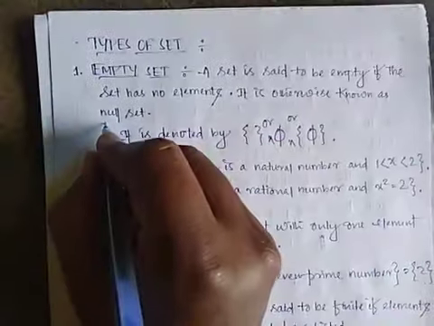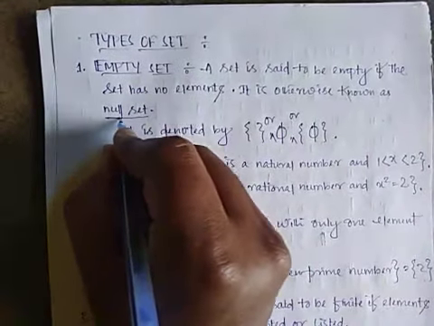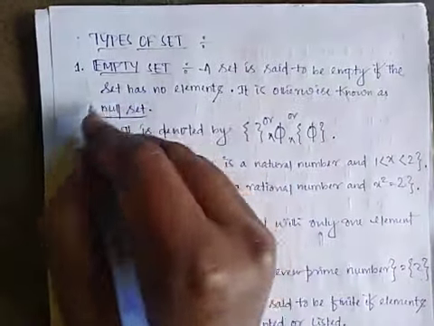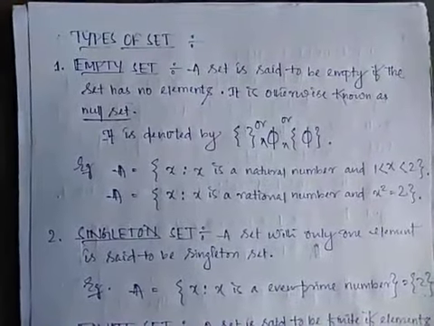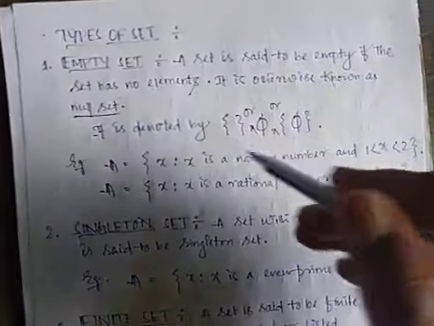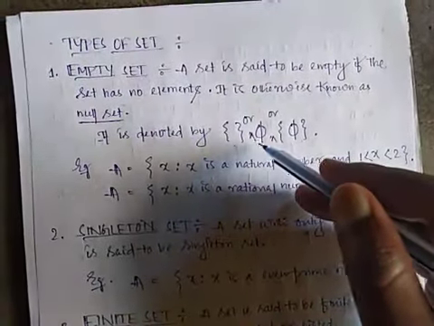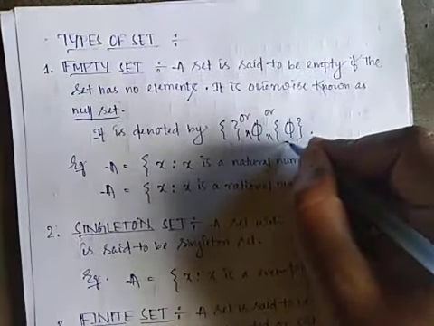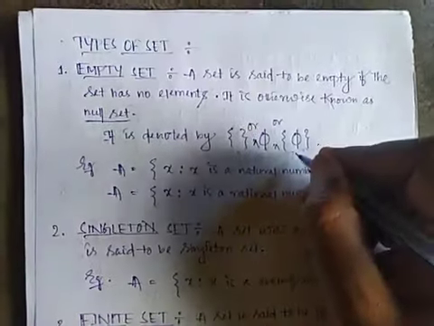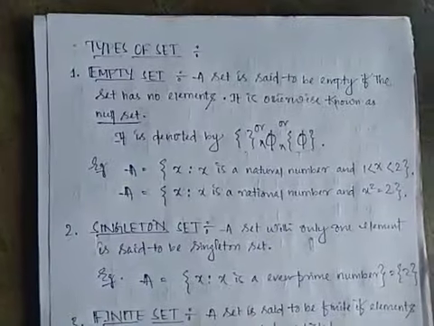And the main word is null set also. And in place of empty set, some of the books refer null set. So the other name for empty set is null set. How we can denote the empty set? Either with curly brackets, or you can read as this is as phi, and you can represent this also phi in between the curly brackets.